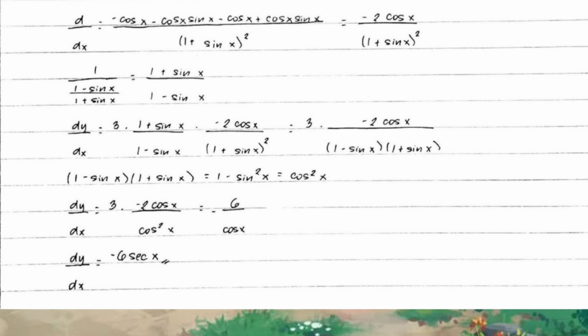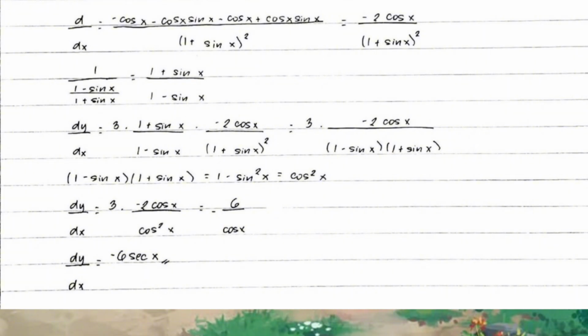Next naman, pwede na natin i-multiply yung outside term. And kapag nagmo-multiply ay kinukuha lang yung reciprocal ng fraction. Kaya, yung dy dx natin, again, retain lang yung 3. And then yung reciprocal, 1 plus sin x over 1 minus sin x times yung nakuha nating differentiation ng fraction gamit yung quotient rule, which is yung negative 2 cosine x over 1 plus sin x squared. And then, yung magiging answer nito ay 3 times negative 2 cosine x over 1 minus sin x times 1